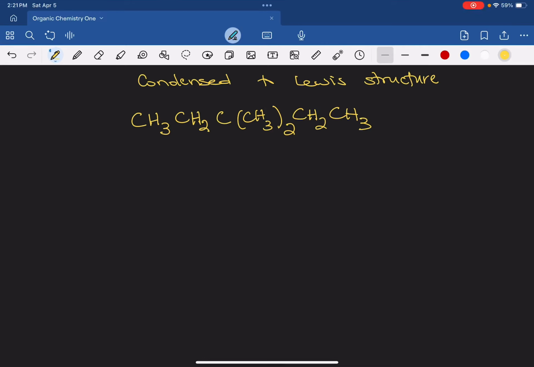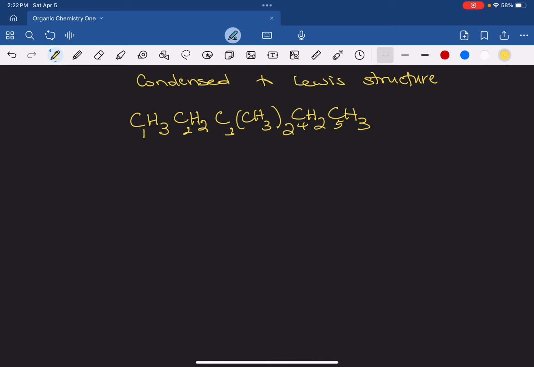Let's talk about how to convert a condensed structure into a Lewis structure, right? Now, first, this is the condensed structure here, and we're going to convert that into a Lewis structure. First thing I would do is number the carbons,